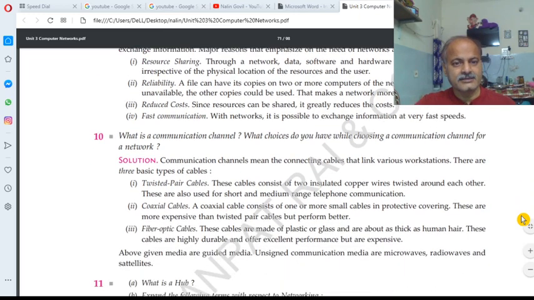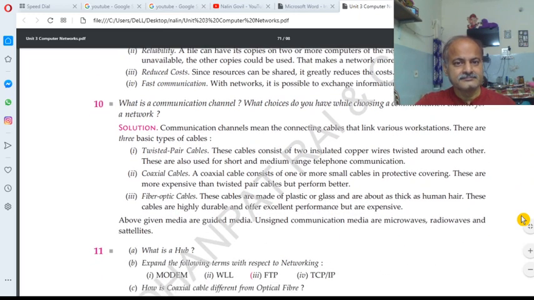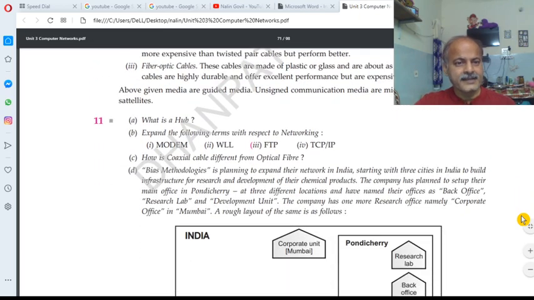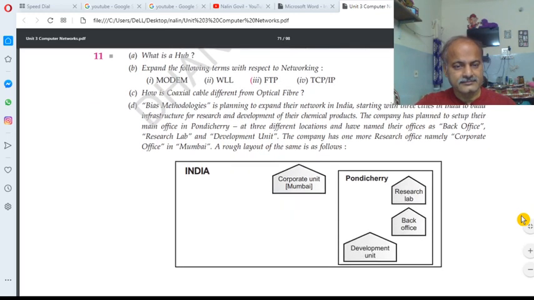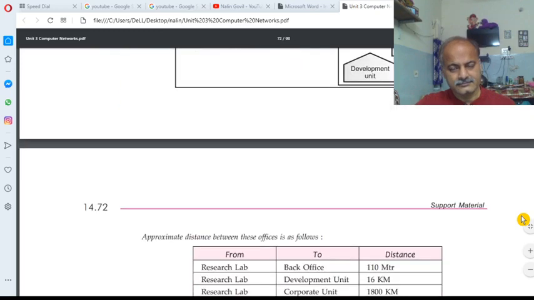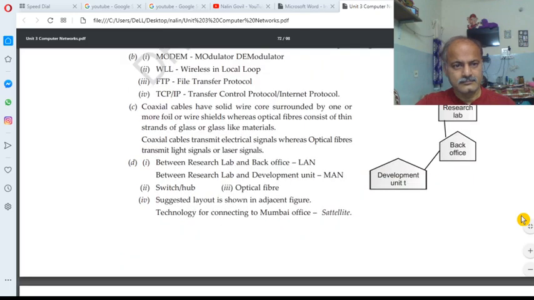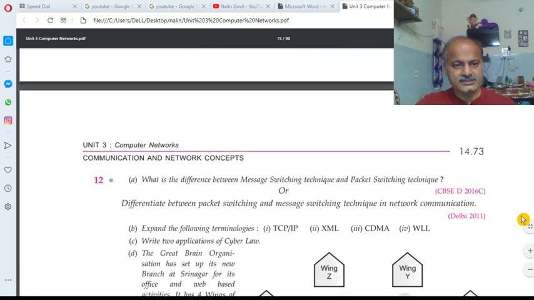Then what is the communication channel, what is the hub, expand the following terms with respect to the networking. And some other questions are given here.